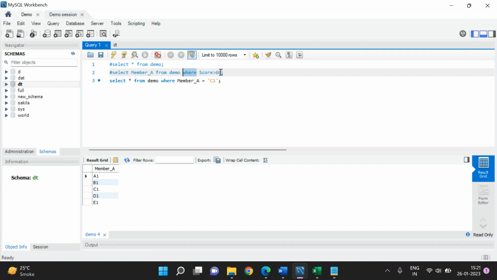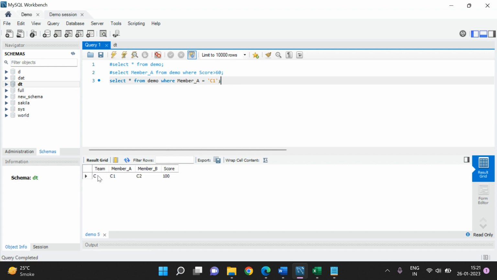I think I didn't say this earlier, where the score was greater than 80. So this represents the condition, like all the rows satisfying this condition. So this is another syntax. So right now it will select all the rows where member A is C1, which means basically this entire row in the data set. So yeah, C1, C2,